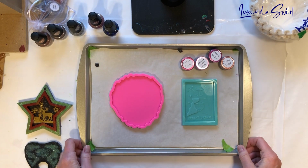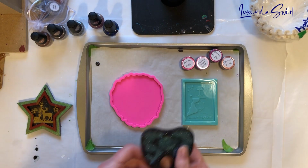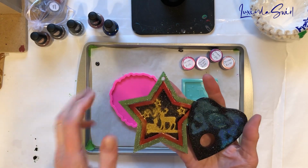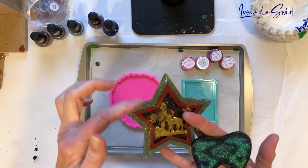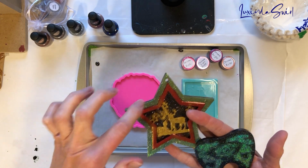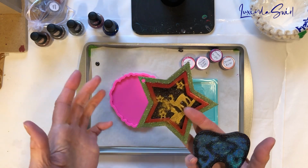Okay, we are going to be working with resin and a couple molds today. I have tried with moderate success in the past, if you've watched my other videos, to paint into coasters with mica powders. It works okay when I have a specific place that's relatively big, like the outside stripes of this star,